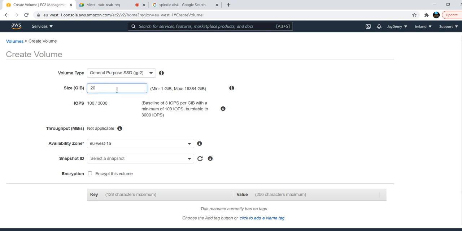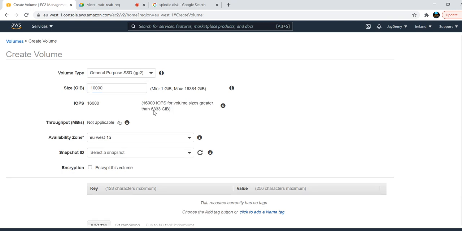There will be some requirements from clients. I want to use 10 TB of data, but I need somewhere around 40,000 IOPS. Then what is the use case here?